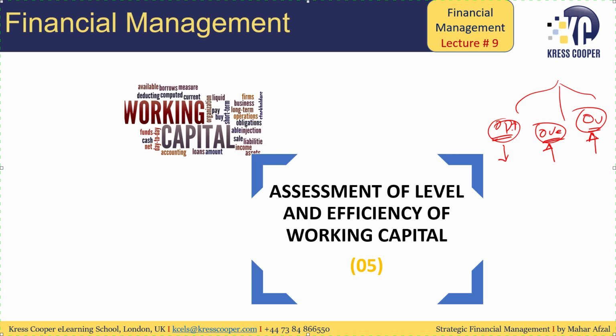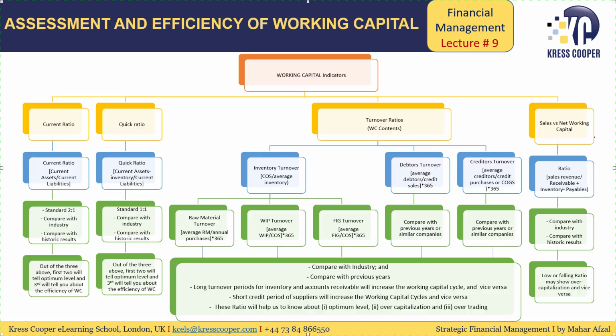working capital. Now the question arises, what is my optimum level of working capital and how will we be able to know it? To understand the optimum level of working capital and the efficiency of working capital, I have summarized the discussion in this flow chart. I said there are four different ratios. First is current ratio, second is quick ratio, third is turnover ratios, and fourth is sales versus net working capital